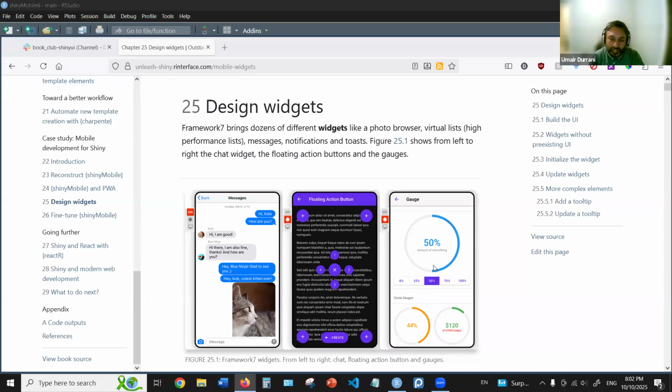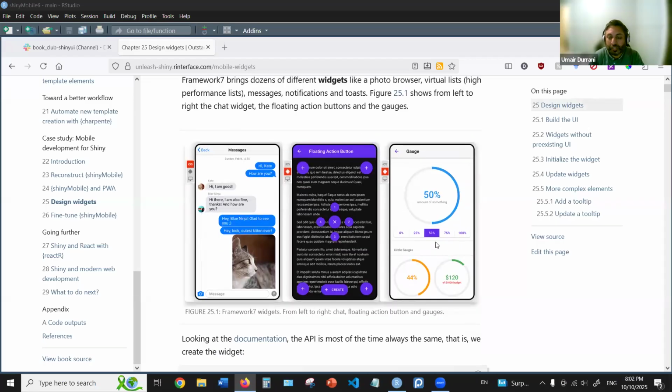In shinyMobile, we do have gauge widget, and I believe also the floating action button, but I don't think the chat option is available in shinyMobile as of the version 2.0. So today we are only going to take a look at Gauge and some other design widgets that are server